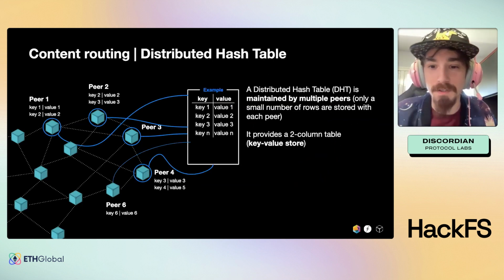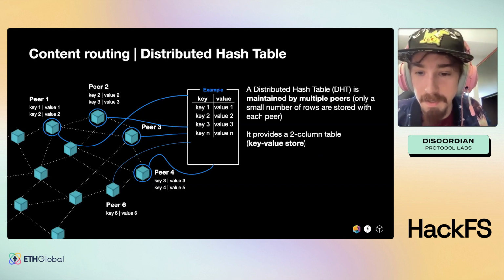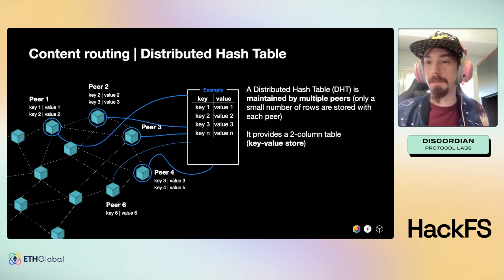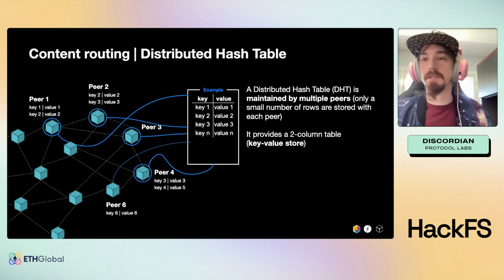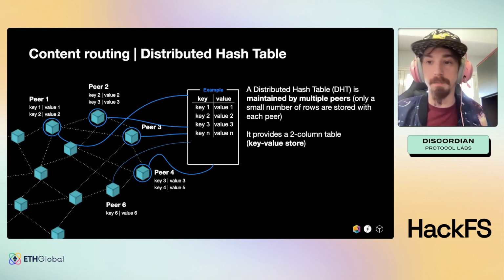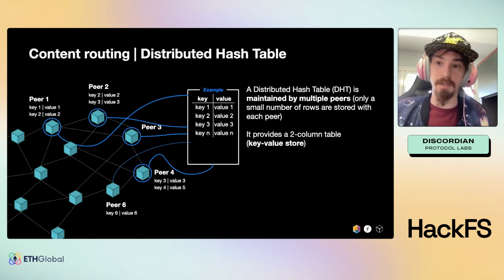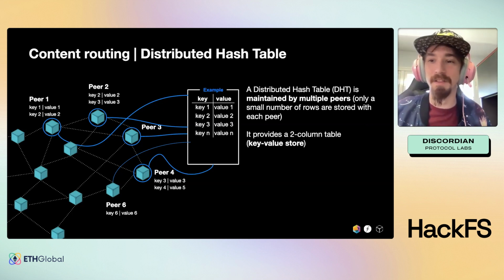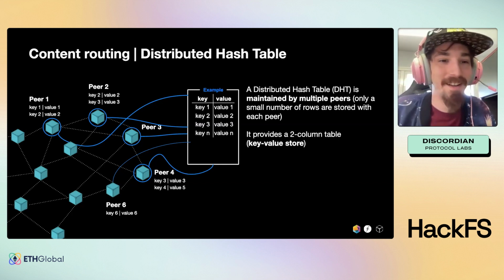I'll answer Juan's question real quick too. How can illegal content be removed from the network? A good way to think of this is, IPFS is like a distributed HTTP. So if you see a website that's hosting illegal content, I guess what you'd probably do is report it to a government authority of some sort, or however you prefer to get content taken off the internet. With IPFS, it'd be the same way. You could blacklist the node so your node doesn't talk to them. But ultimately, at the end of the day, you would need the nodes hosting the illegal content to shut down. If you host an IPFS node, it won't just automatically download other data. So you'd have to actually put it on yourself. So hopefully that answers that question.